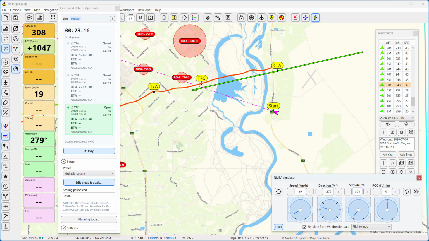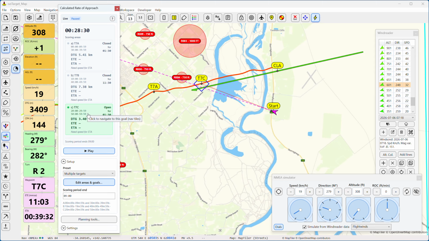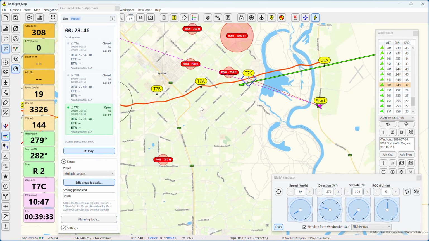So at the moment, you can see that 17C, we're not going to arrive in time. If I want my navigation to automatically switch to 17C, I just click on it there. And basically what it's telling us is that it's open for another minute and 26 seconds. The next one is closed for a minute and 22, which is A. And that is each one of those. So if I go to this one, go to this one,